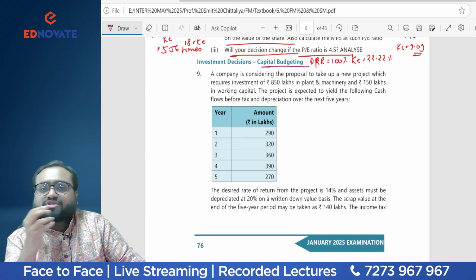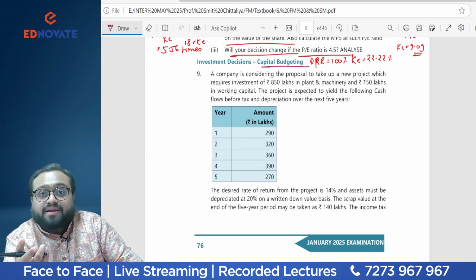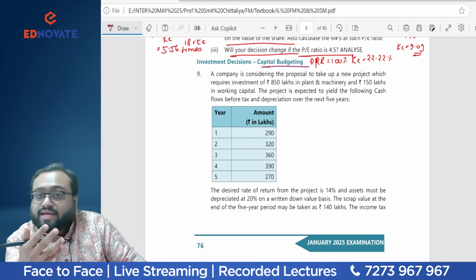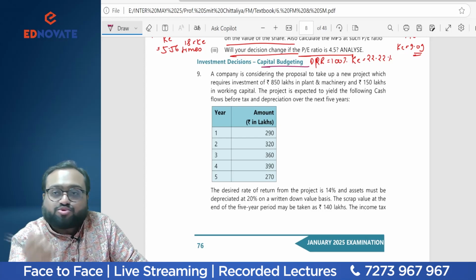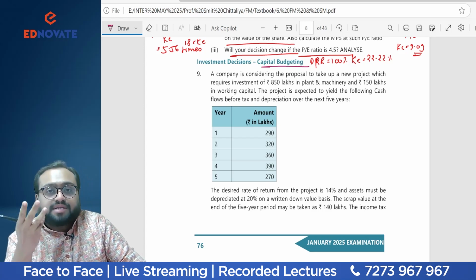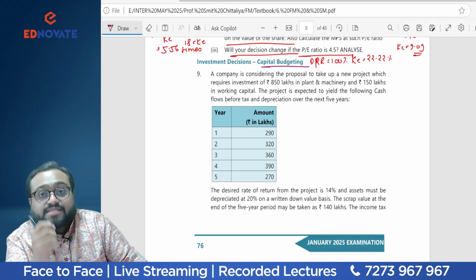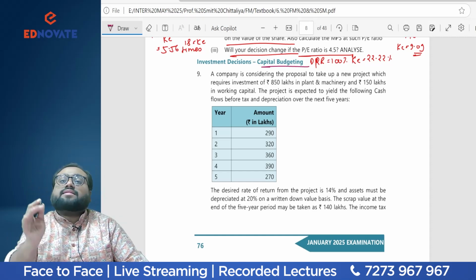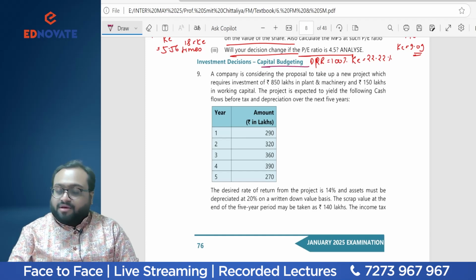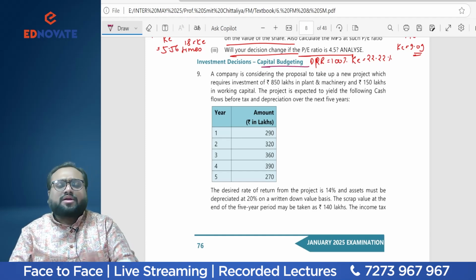Means there are certain assumptions, like loss on tax, tax saving, what will be the tax rate, because short-term capital gain, long-term capital gain, there are different rates. And while solving the FM paper, yes, we know you are direct tax students. You are appearing for your CA Inter exam, you have direct tax as a subject, we know everything. But certain things are required to be clarified in the question. And I am very happy this time this has been clarified in the capital budgeting question. See, very nicely I want to explain you this question. It will take only 5 to 10 minutes.